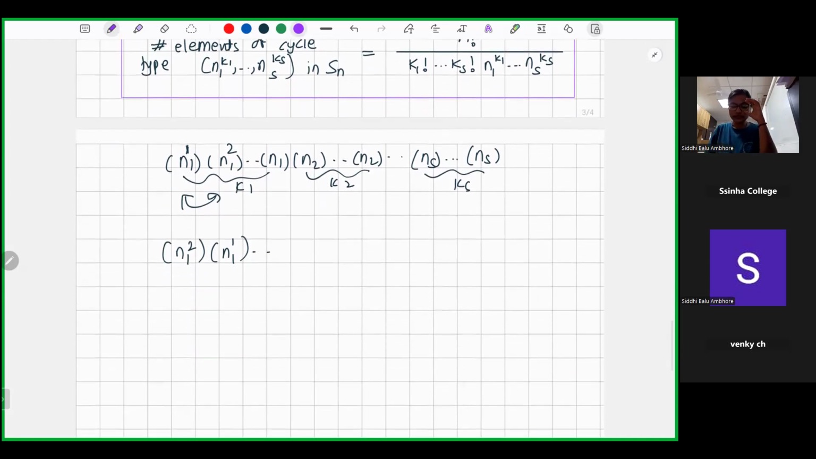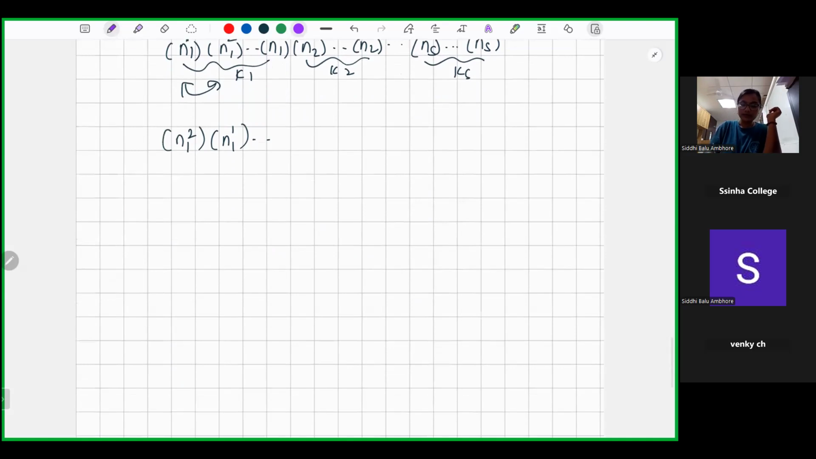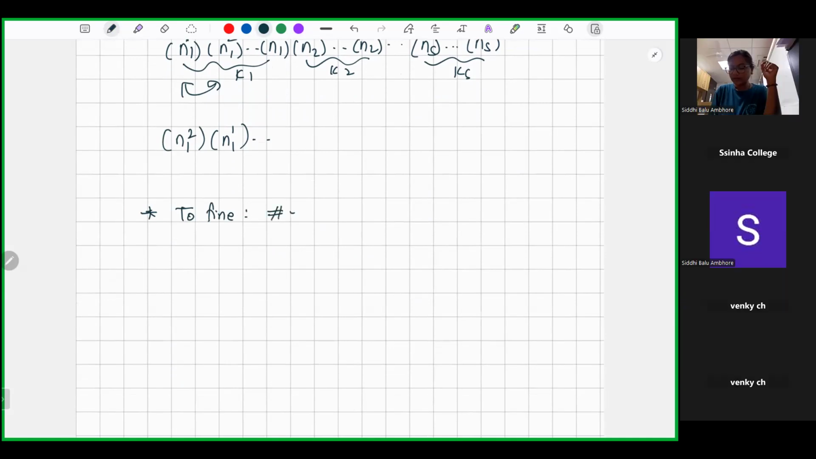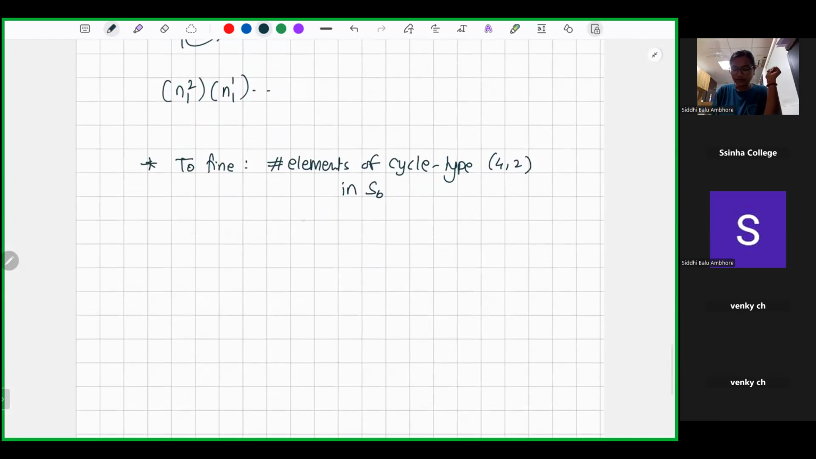Okay, so this is the formula. Let's get back to the original question here. The question was to find the number of elements of cycle type 42 in S6. So by the formula, if I call this number A,